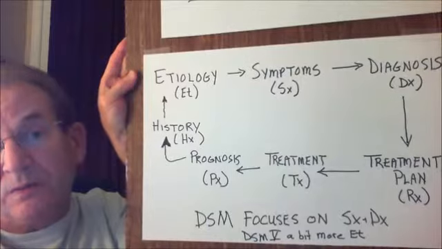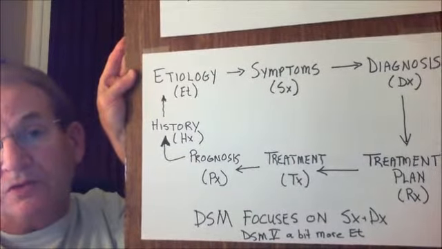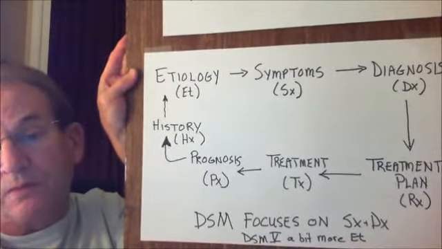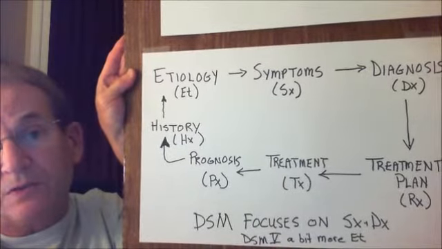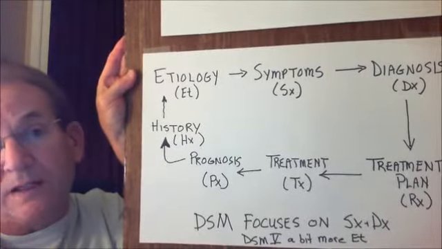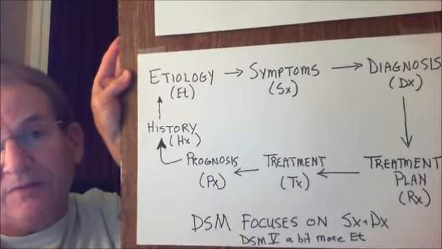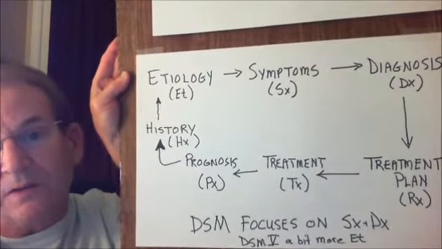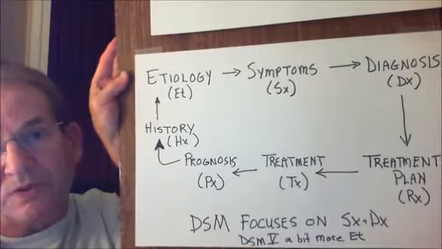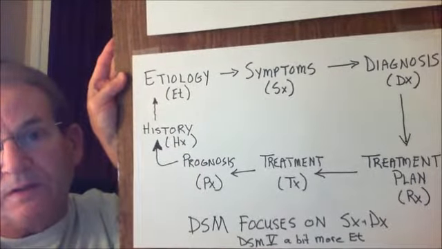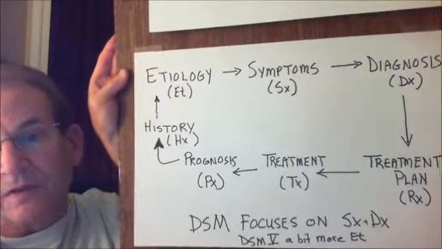As the treatment's applied and the prognosis hopefully turns out to be about what we anticipated, we have entered a new stage in the client's history, abbreviated HX, and we can perhaps confirm some thoughts about the genesis of the